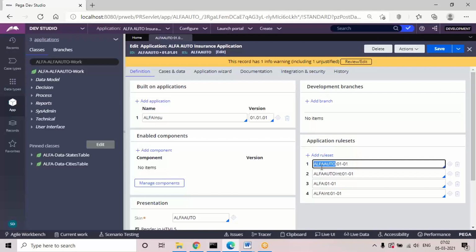You can see this one, and this other one with the organization name and the organization integration name. Like that, some four you can see there, and in the background two to three other names will be generated. But mostly when you add any rule in the application, it will by default be stored under the rule set called alpha auto, that is, the rule set generated with the division name. Everything will be stored under that particular rule set.